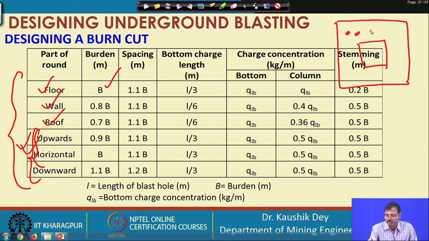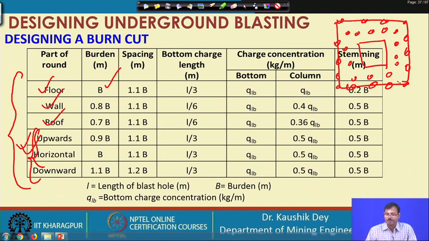The design constraints for the remaining stopping holes, roof holes, wall holes and floor holes or lifter holes remain the same.